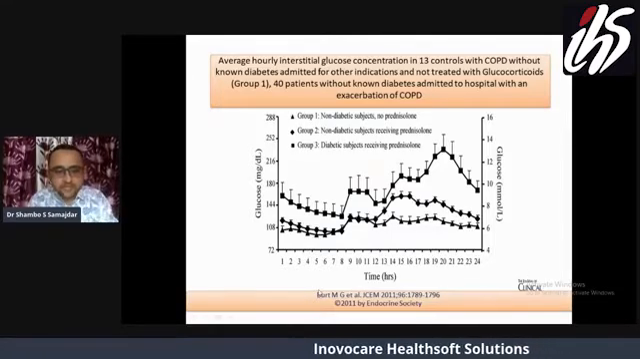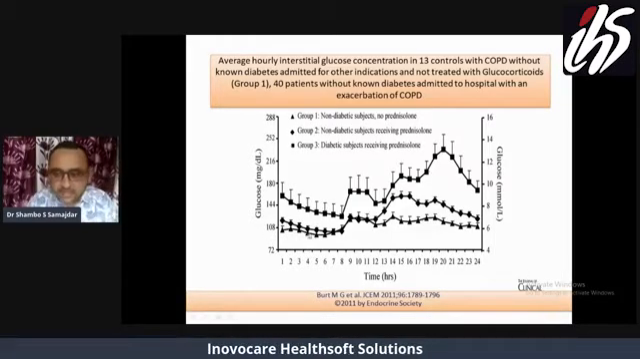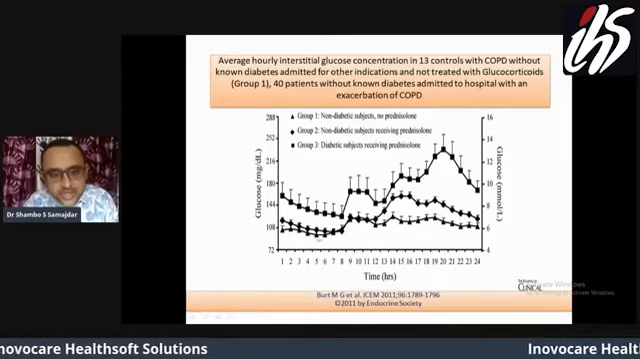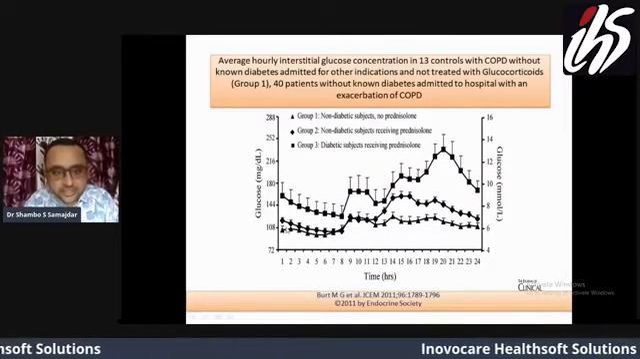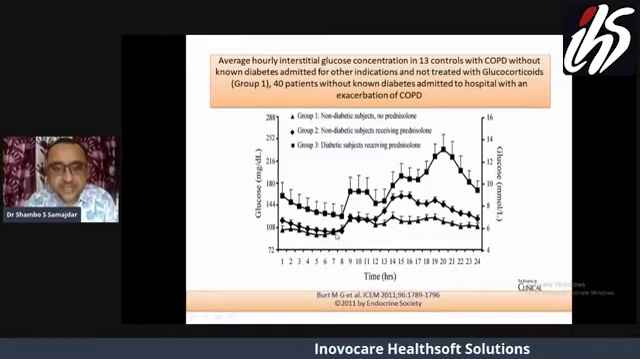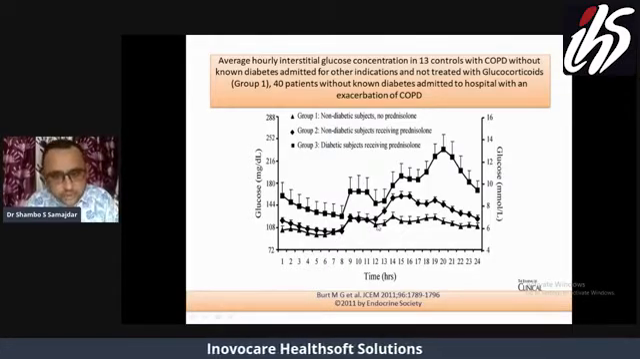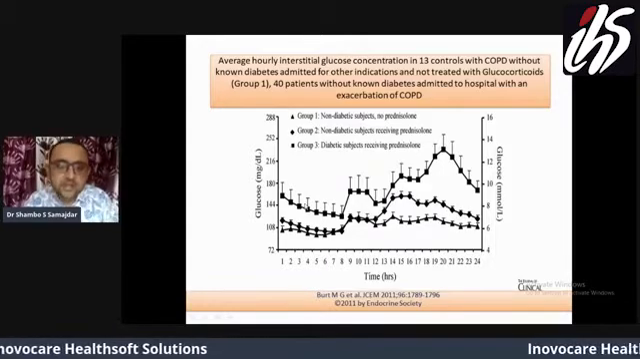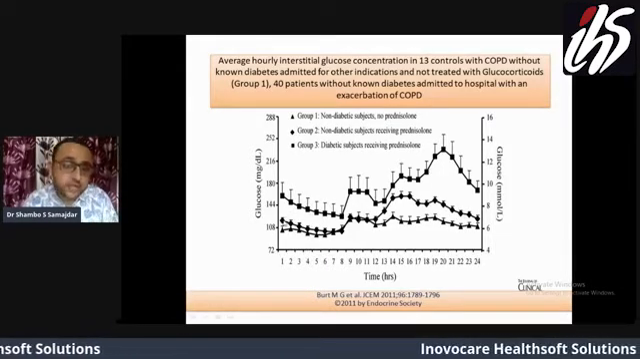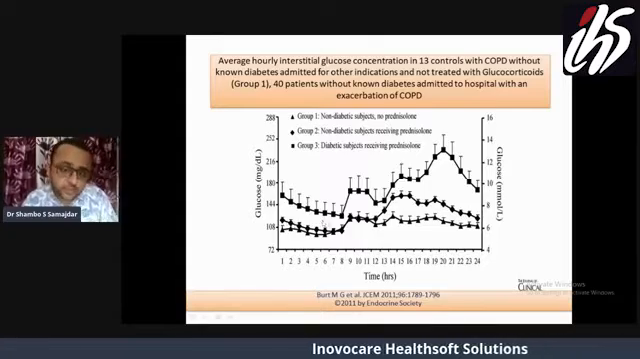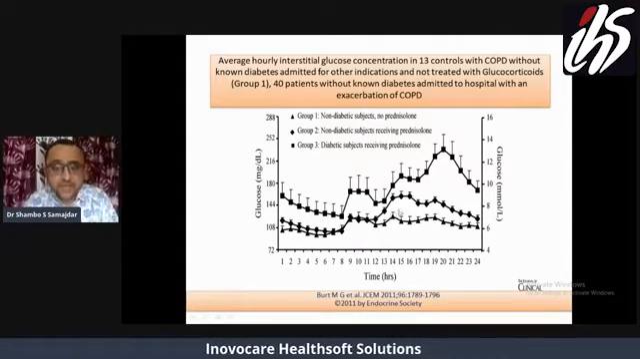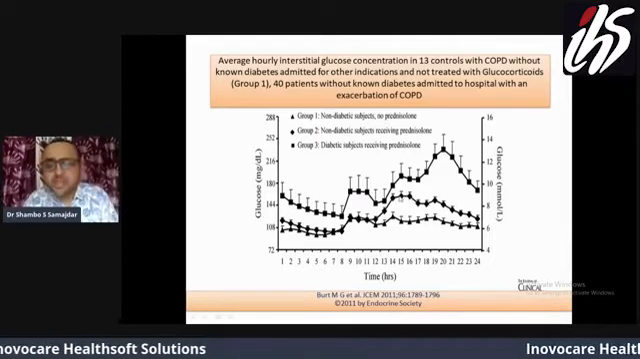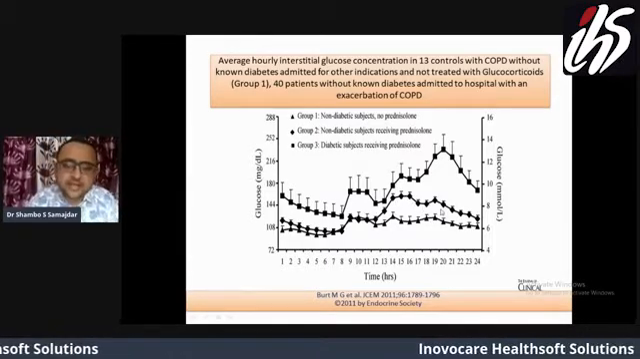So group 1, the lower one, with the triangular line, is the group who are non-diabetic and have no prednisolone. So you can see the features of the glucose level in their plasma. Now the second group are non-diabetic but receiving prednisolone. So here you can see in the afternoon there is a surge in glucose level in the plasma,